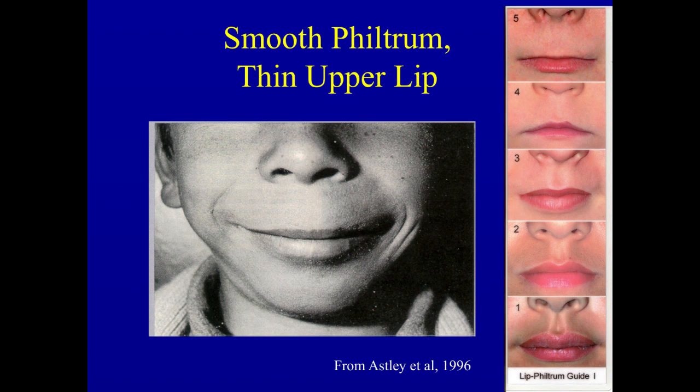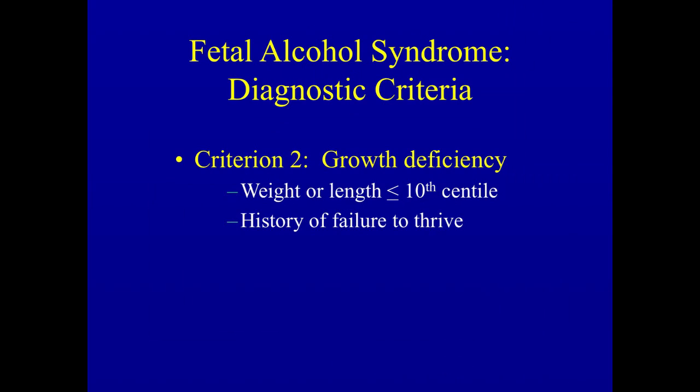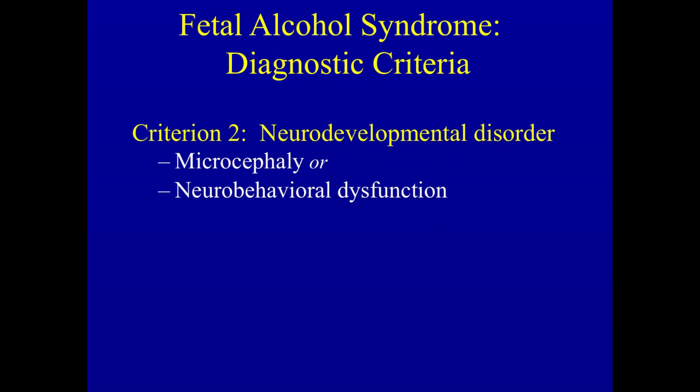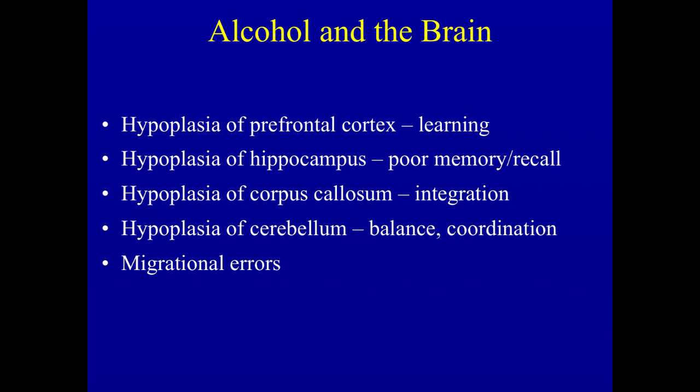We've talked about the smooth philtrum and thin upper lip associated with fetal alcohol syndrome, so I won't belabor that point here. Growth deficiency is variable. Certainly children who have failure to thrive would meet criteria for growth deficiency. Children who are short, children who are underweight, meet those criteria. The developmental disorder largely has come from two observations, one on the matter of measuring the head circumference, and then more recently the contributions from the neuropsychological and the neurobehavioral domains, in which we are starting to recognize and are better able to quantitate the neurobehavioral phenotype that's associated with this disorder.